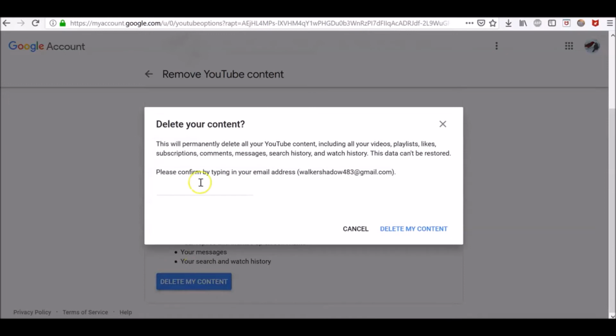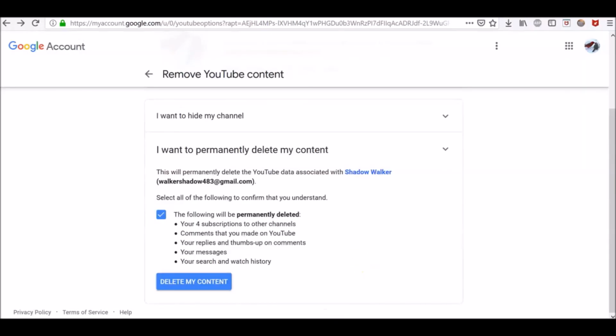Keep in mind, this will permanently delete all your YouTube content, including all your videos, playlists, likes, subscriptions, comments, messages, search history, and watch history. This data can't be restored. If you want to proceed, enter your email address here and click Delete my content. Deletion may take some time to be completed, so you might see thumbnails of your videos on YouTube for a